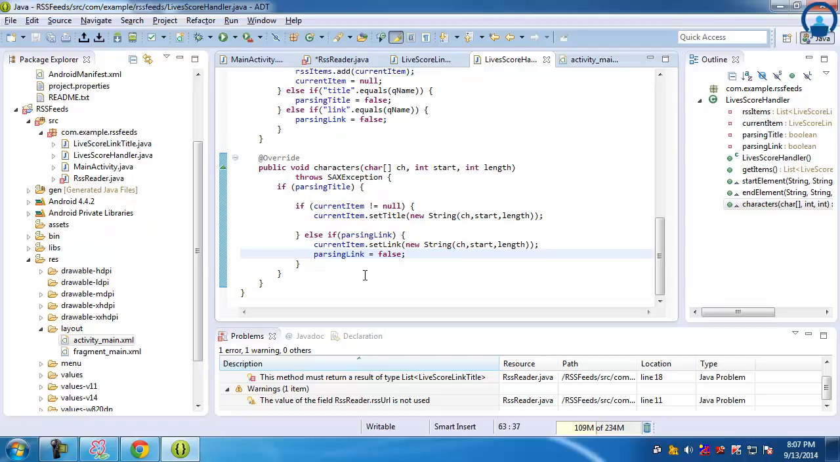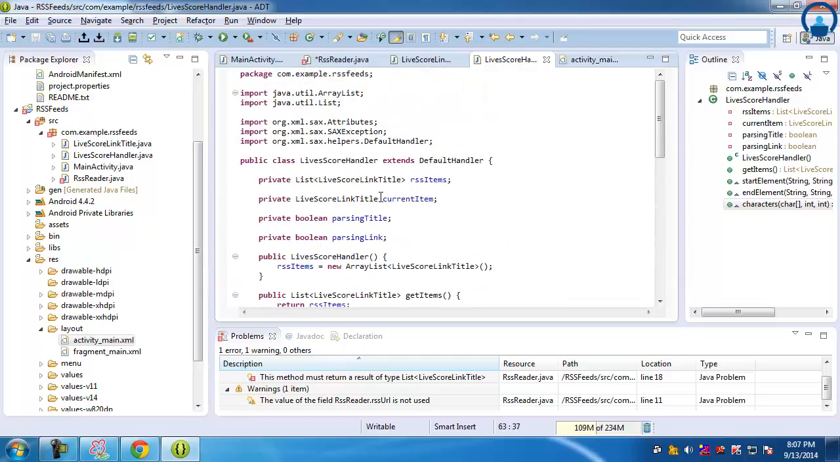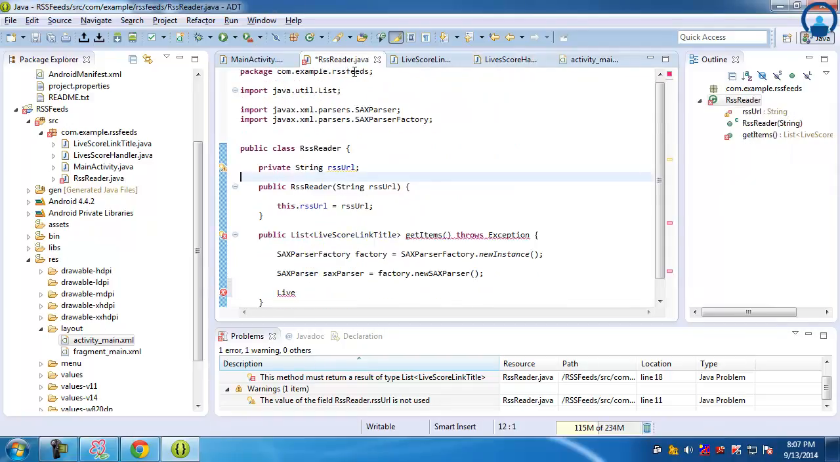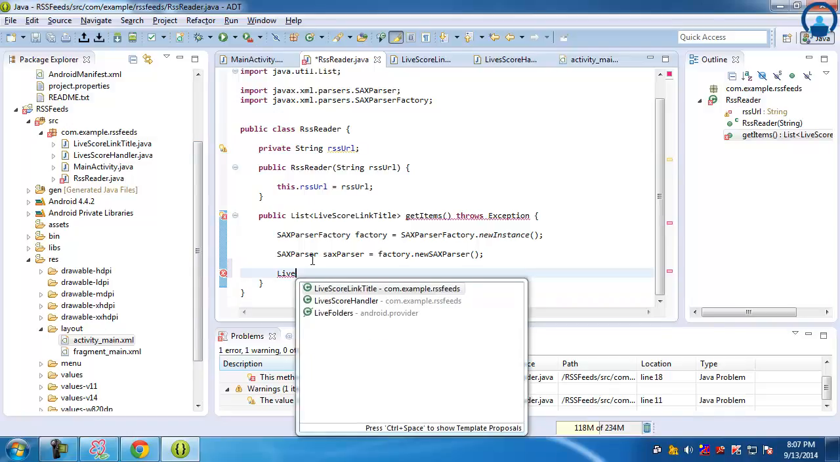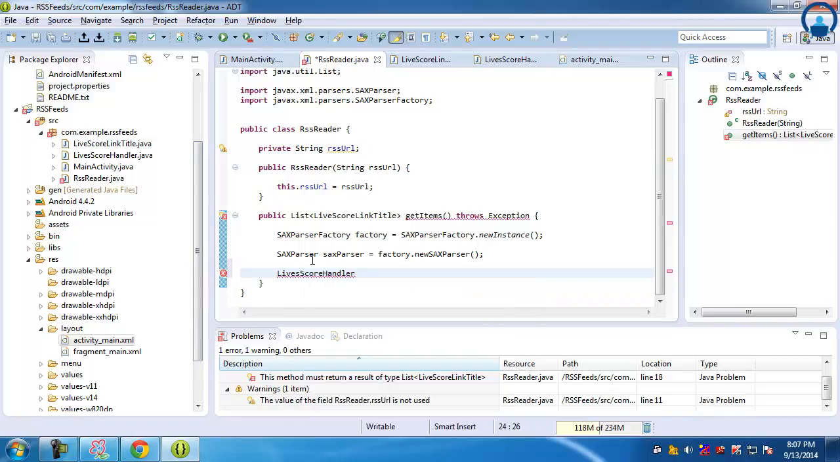So this was our live score handler class, which will be handling everything. Now coming back to our RSS reader, where we finished it, and now we'll be changing the code. Here we'll be creating an object of our live score handler class. Live score handler equals new live score handler,